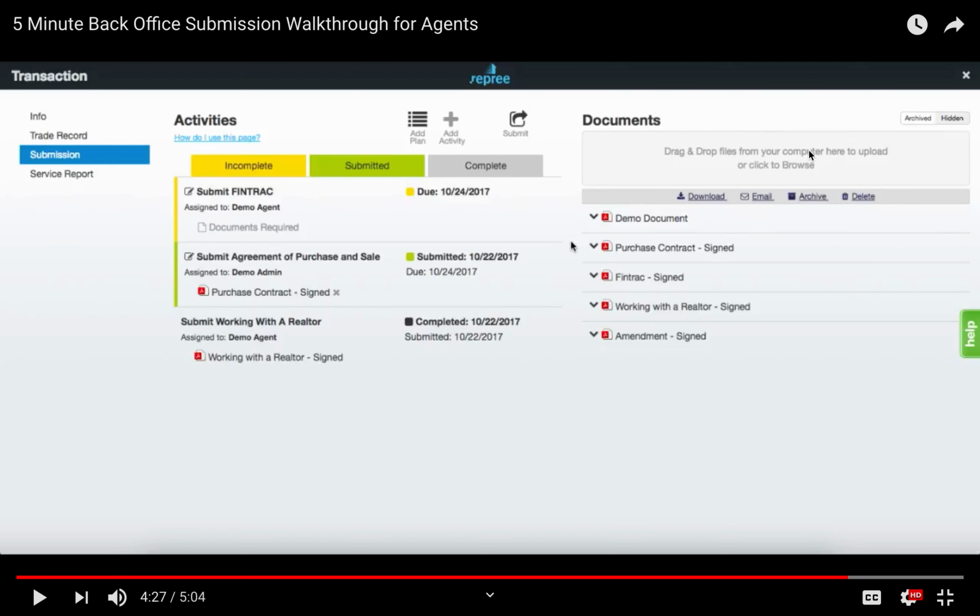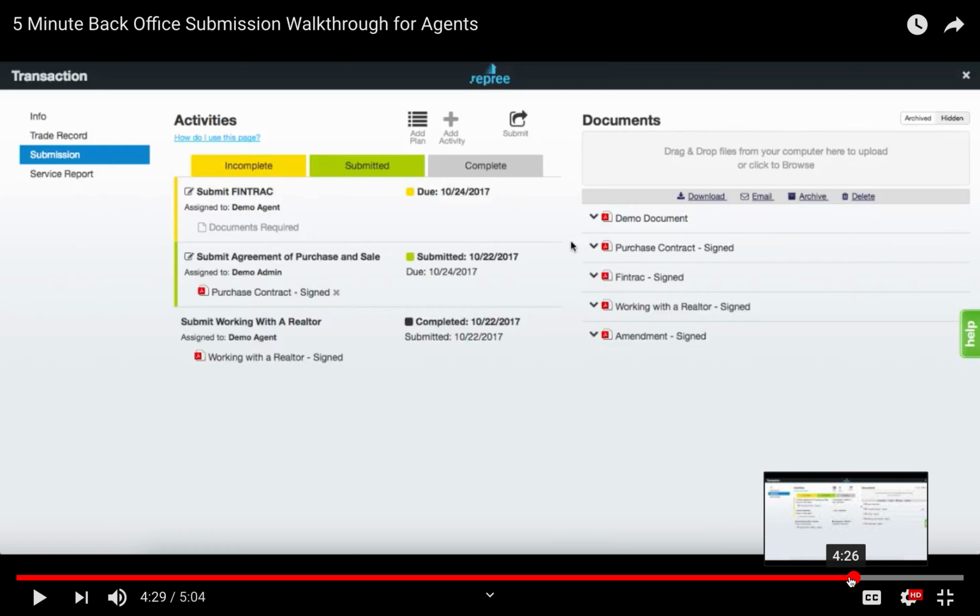you can go here to see all your activities in your account. You can go here to drag forms over, or you can hit download and choose the forms you want to be sent over into Nexone. So this is where you would drag and drop some documents in. You also can do it